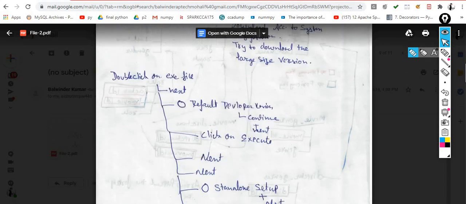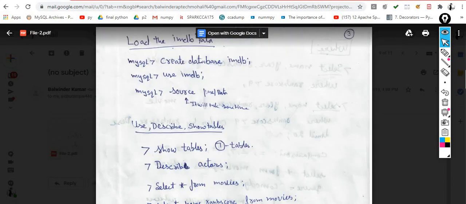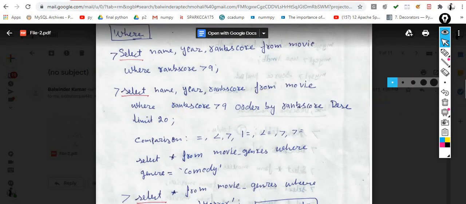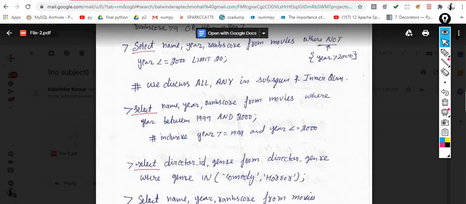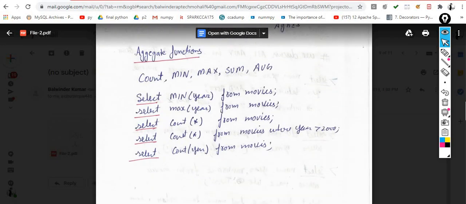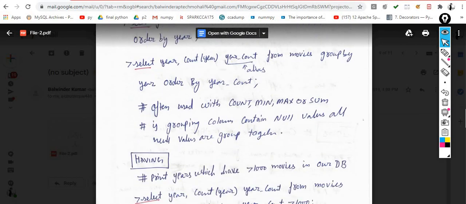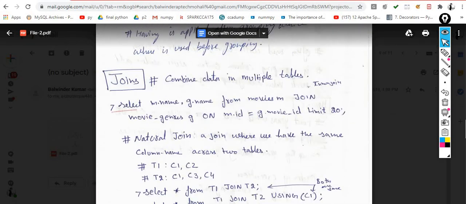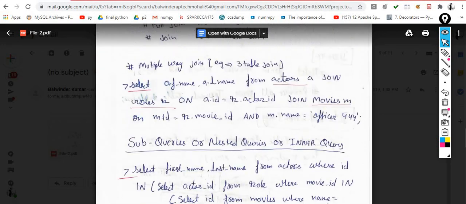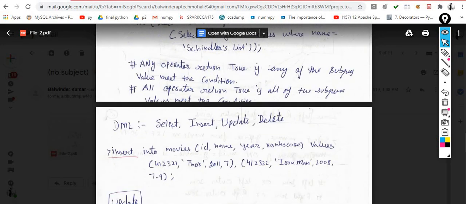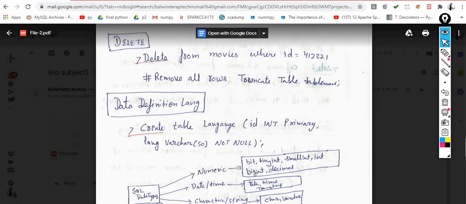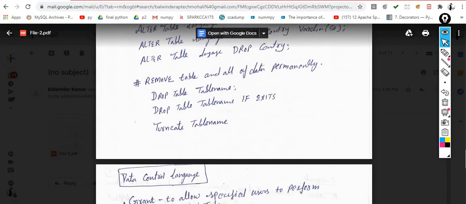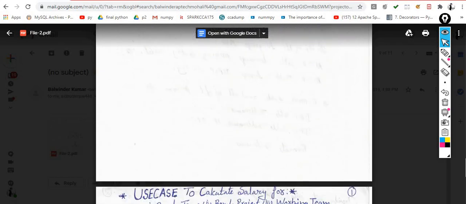The entire notes are my handwritten notes. Each and everything I explained with the help of diagrams, and I even wrote each and every query. First, I suggest you go through those 17 pages, then come back to these notes. You will easily understand the concept. I also explain joins in great detail here. Everything I explained, even I forgot how many things I explained in this. Everything you will get from here.